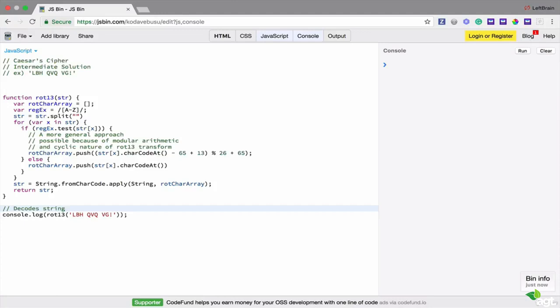All right, so to explain what we've done so far, an empty array is created in a variable called ROT array. This is to store the character codes. The regex variable stores a regular expression for all uppercase letters from A to Z. We split, and hold on, yeah, there's supposed to be a semicolon here. But here in this line,